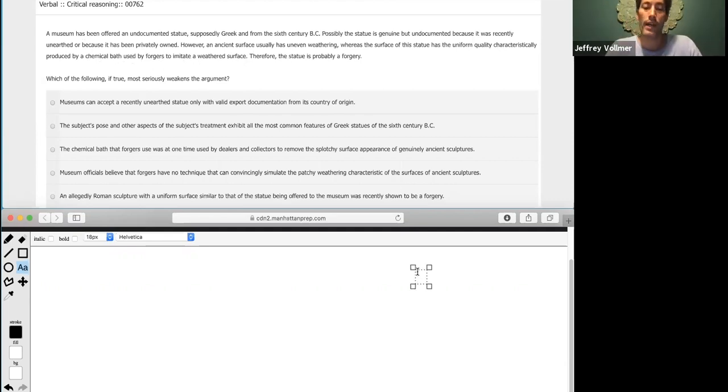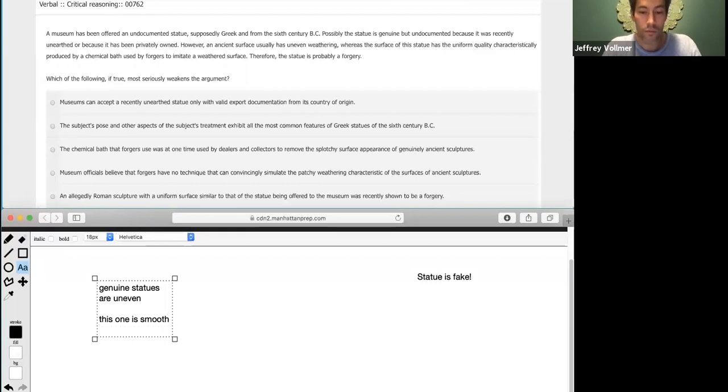All right, so here's what I've got. The therefore is key. This conclusion here is the statue is fake. And the reason they're using to draw this conclusion is genuine statues are uneven. This one isn't. This one is smooth, uniform. And that kind of tips me off that it might be from like a chemical bath of a forger or something like that. So I'm kind of thinking, again, there has to be an issue here